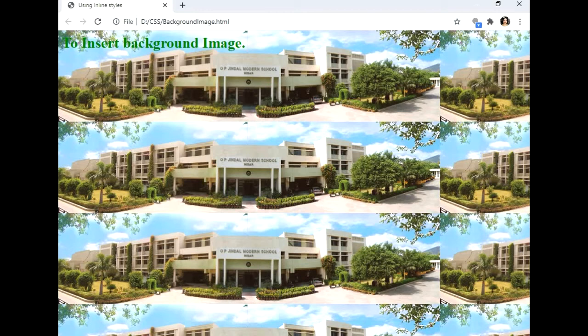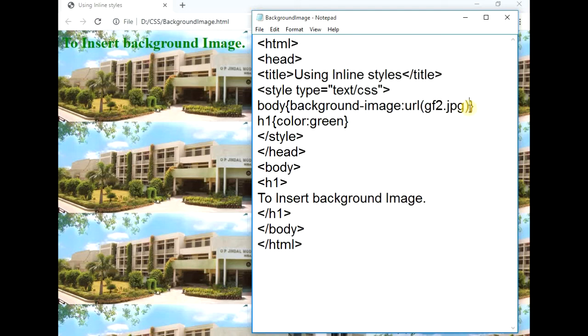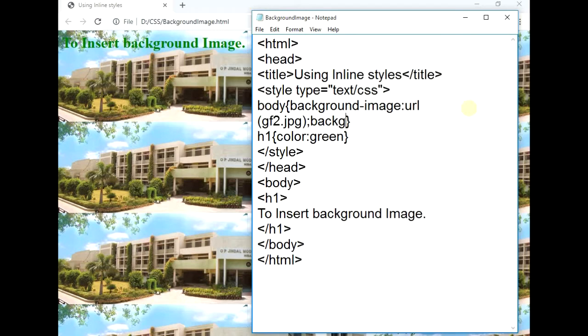Now I am going to use no-repeat. So what I'll do: semicolon, background-repeat: no-repeat.